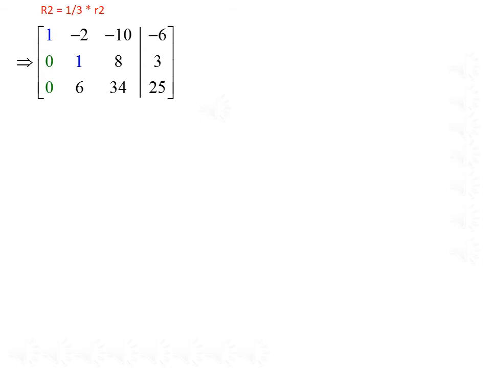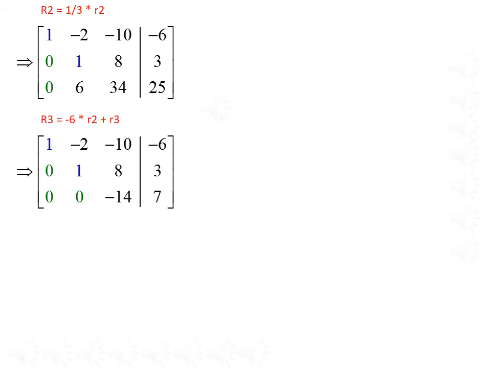The next thing that we want to do to get this in row echelon form is transform that 6 in the second column, third row, into a 0. And we should be able to accomplish that by multiplying row 2 by negative 6 and adding it to row 3. So if we conduct that row operation, negative 6 times row 2 plus row 3, term by term,